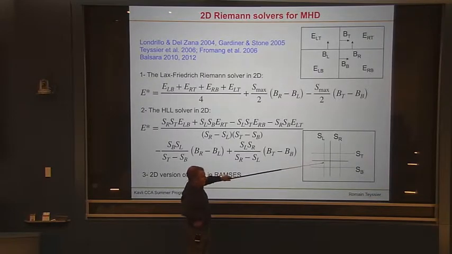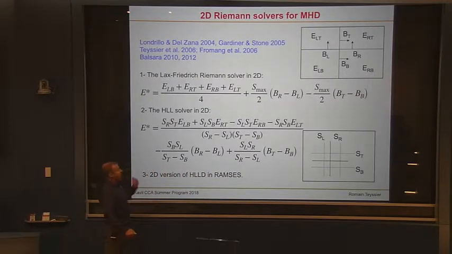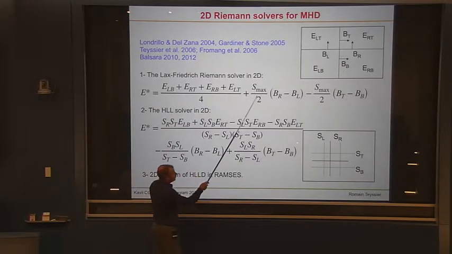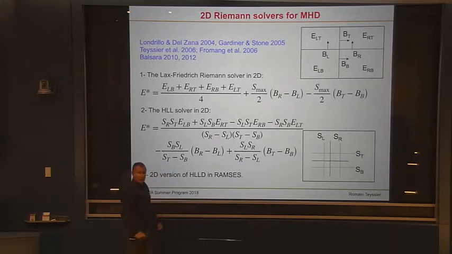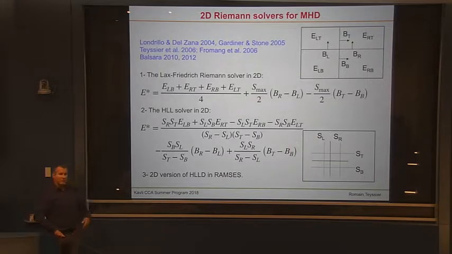That are moving away from this corner point. And using those 4 waves, you can use those conservation laws and find your 2D Riemann solver. So you have the Lax-Friedrichs Riemann solver, which is, again, the average of the 4 electric fields or electromotive forces for the 4 initial piecewise constant states. And you add a diffusive term, which will stabilize the solution. So that's the HLL version, and then there is an HLLD Riemann solver, which is the equivalent of an HLLC Riemann solver, which is the most accurate one you can find on the market, right?